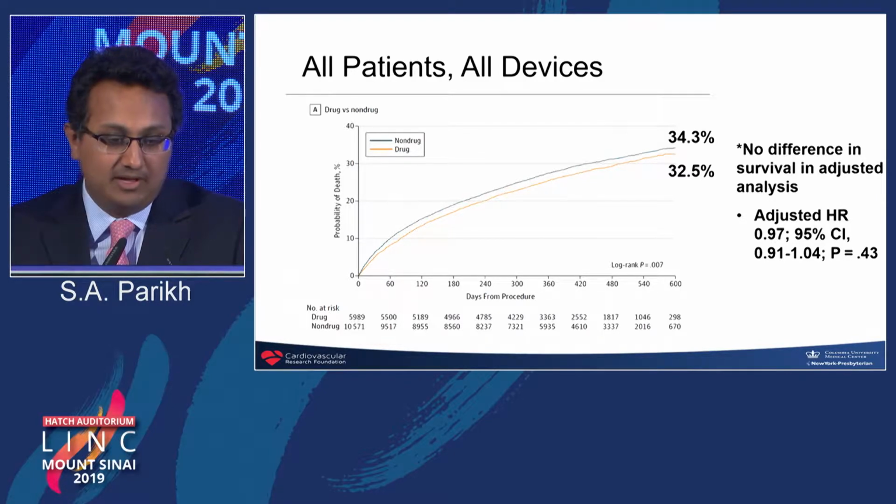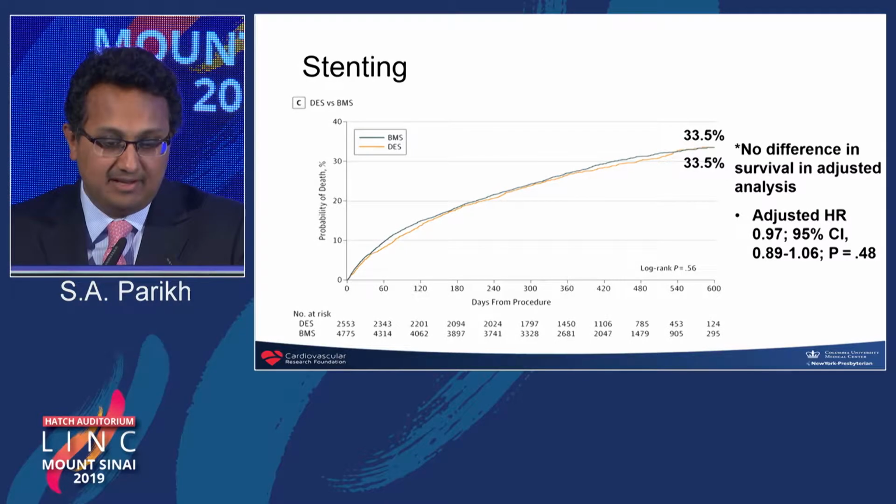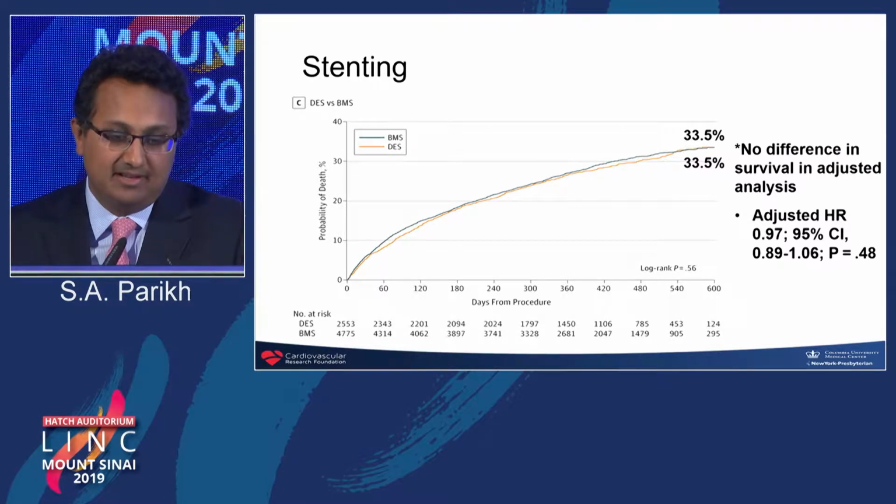And so if you look at Medicare beneficiaries, about half of whom are CLI patients, there was no difference in terms of mortality at this relatively long-term follow-up. When looking at balloon angioplasty, again, there was no difference in the plain old balloon angioplasty versus DCB arms. And again, similarly, with drug-eluting stents, predominantly the Zilver PTX device compared to bare metal nitinol self-expanding stents, there is